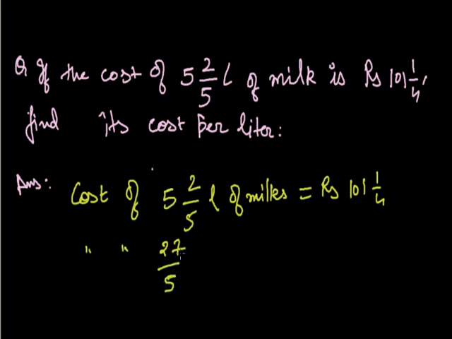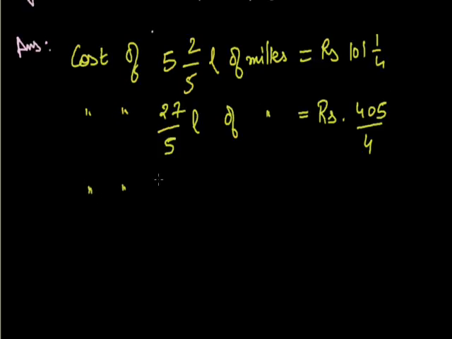or we can write cost of 2/5 liters of milk is rupees 101 1/4. We have converted this mixed fraction into an improper fraction. Now we can convert this mixed fraction also into an improper fraction, that will be equal to 405/4. So the cost of 1 liter of milk will be rupees